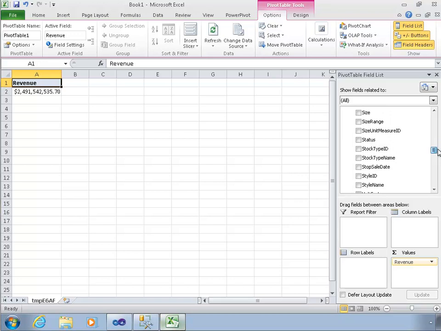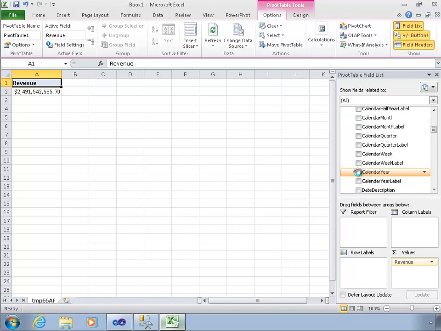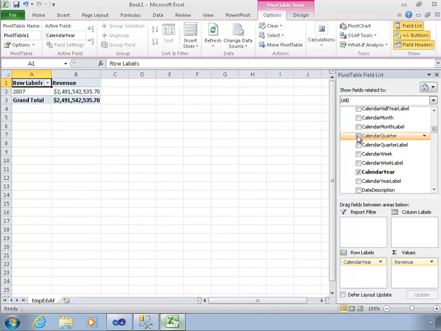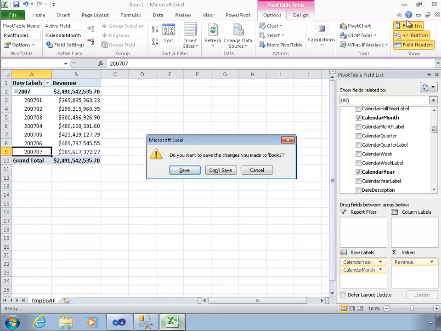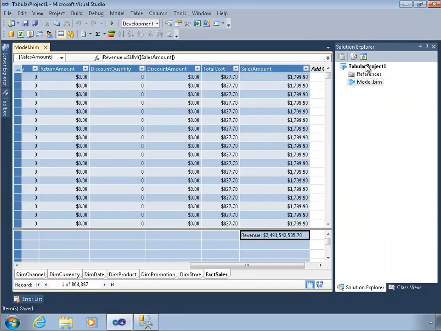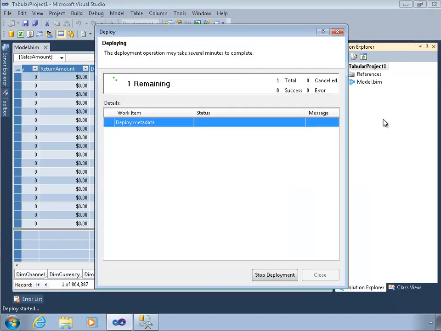Now I brought in only 6 months, so let's just take a look and see if that's truly what we have. So I'll find my dim date and find the calendar year. So there's 2007. And that's January through the end of July, so that's fine. So I've got what I expect. And the last thing I want to do is deploy this, and I have set this up to not process when I deploy, so I'll just click the deploy button, get this on the server,